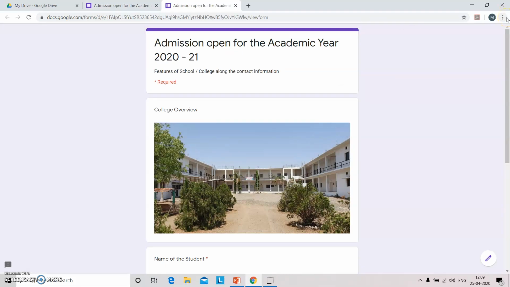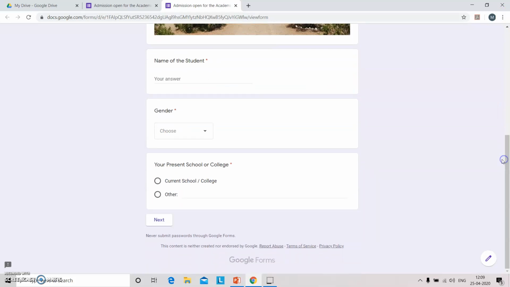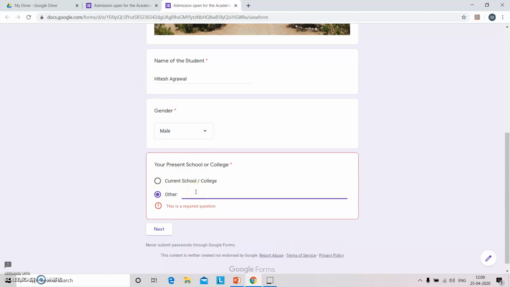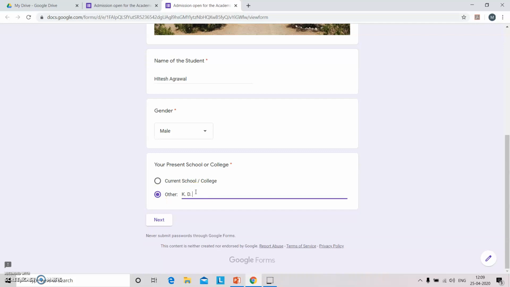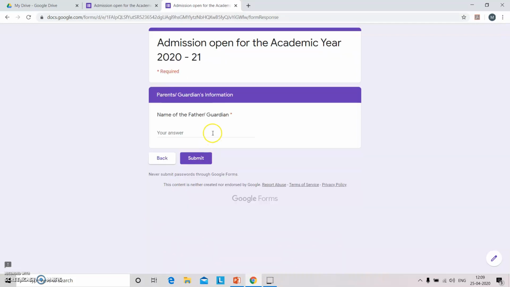Your form will look like this, and after filling the preliminary information, after going into next, there we can submit the form.